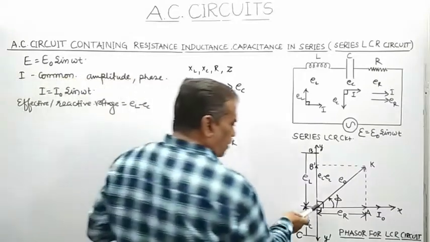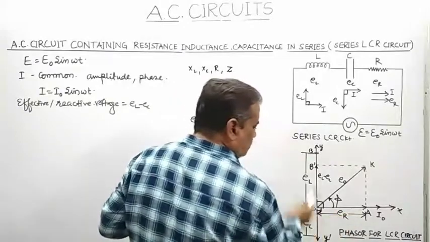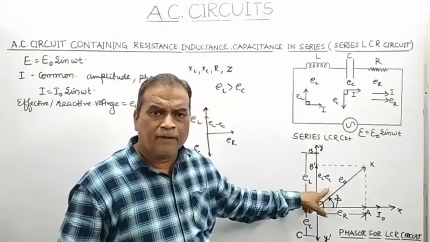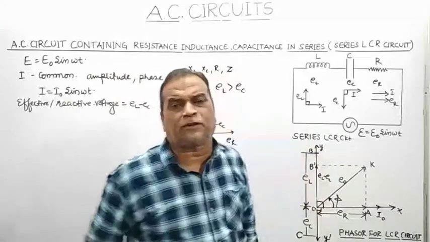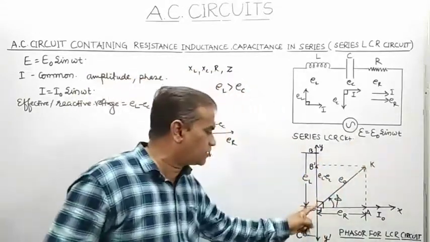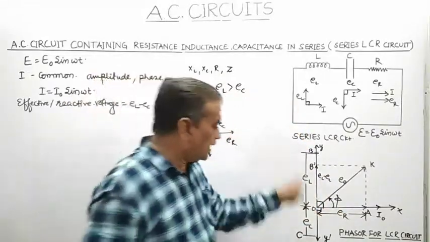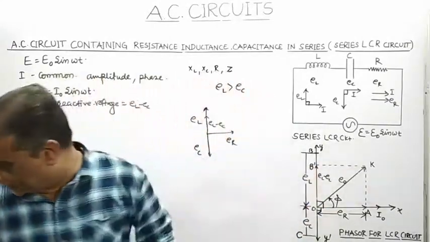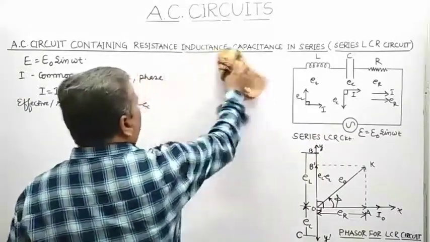In parallelogram OAKB, the two adjacent sides will represent the two vector ER and that of what? EL minus EC. When two vectors they are representing the two adjacent sides of parallelogram, then the resultant will be given by what? That diagonal whose starting point is same as that of starting point of given two vector. So the effective of OB dash and OA will be given by what? Diagonal OK.